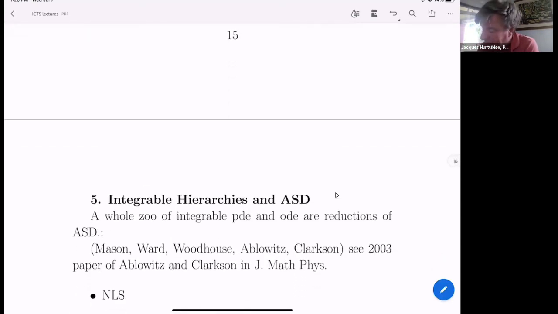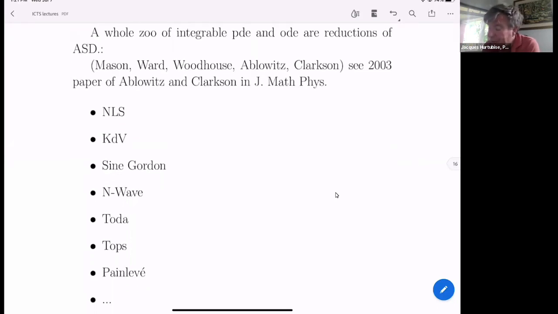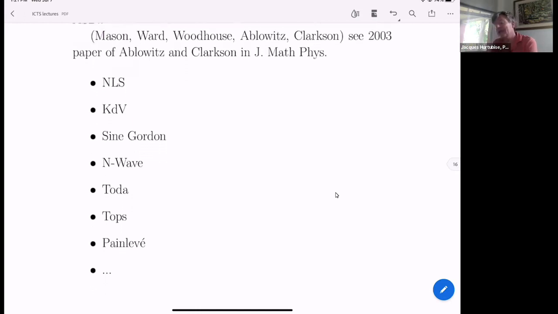Okay, I should mention, perhaps in closing, that there's a whole parallel story of the anti-self-duality equations linked to integrability in the PDE sense, equations that fit into an integrable hierarchy. So these equations also will fit into the Hitchin systems as Lax equations and things like that for what's called finite gap solutions, so solutions associated with Riemann surfaces. But they also just appear as reductions of the anti-self-duality equations. And there are various people, and I've just named a few, and I'm certainly missing some. But there's a 2003 paper of Ablowitz and Clarkson, showing that basically by taking various symmetries and taking solutions invariant under those symmetries, you get all these classical integrability